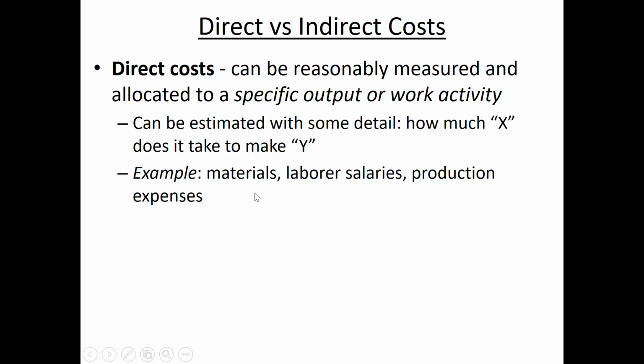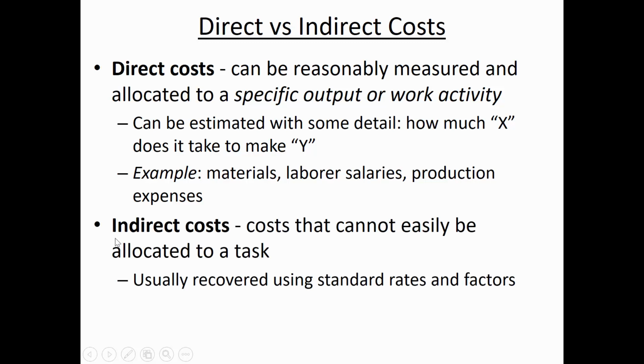That can also include the laborer salaries, because you know how many people you have to have on the assembly line, or the production expenses having to do with the shipping of the item to get it to market. Indirect costs, by contrast, can't easily be tied to a specific task. And so rather than doing a cost estimate on a per item basis, you usually just apply a percentage